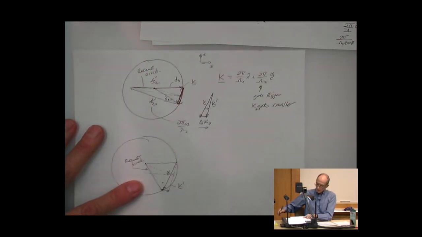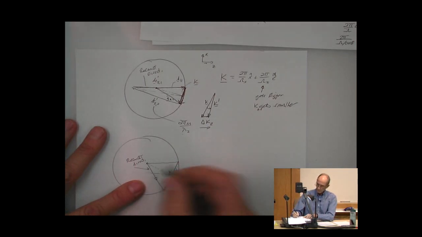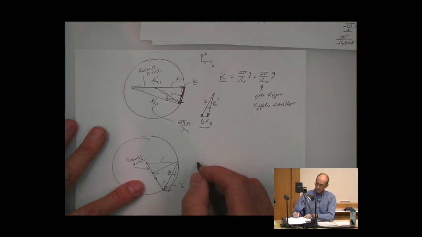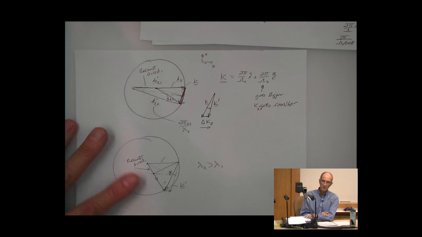If we're now reconstructing this way, then this is the new intersection, right? And that is a shorter length than that original one, which means that lambda 2 is greater than lambda 1, okay? And so sure enough, we went into the lab and looked at it, and